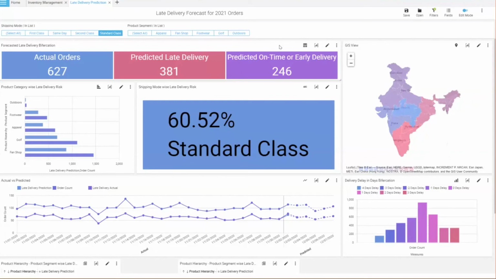Intellicus is a platform on its own. We do not ship any ready-made content as such, but we have developed multiple of these use cases for our customers, many customers, and they are big FMCG, big SCM, a big name in the supply chain management. And the product and the components, or probably I'll say the features in the product, are robust enough to accommodate any change or any data source.